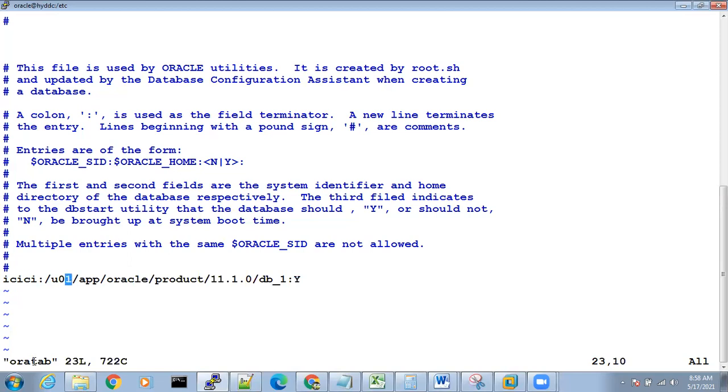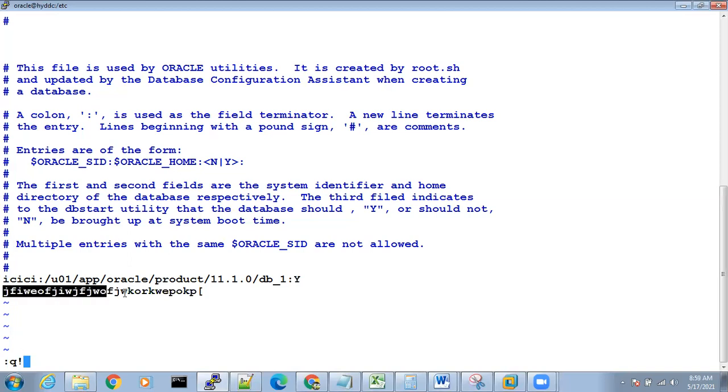It is opened, right? And then if you want to type something, go to insert mode, escape I. Now it is in insert mode. Now if you want to type something, you can type something like this. If you want to save, the command is escape colon WQ exclamatory mark. If you want to quit without saving, escape colon Q exclamatory mark.